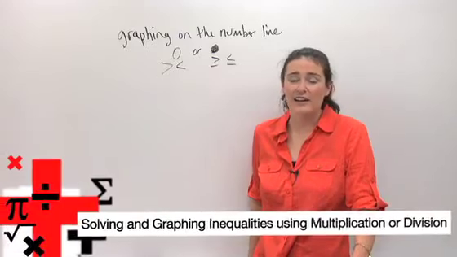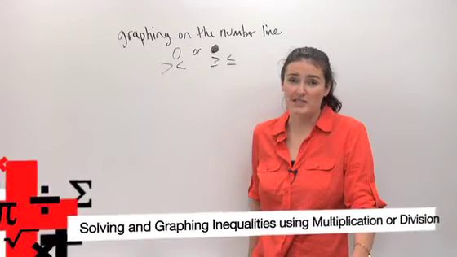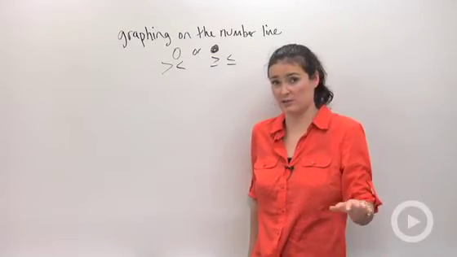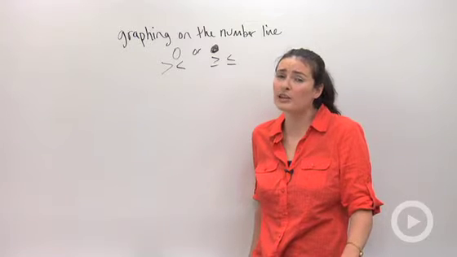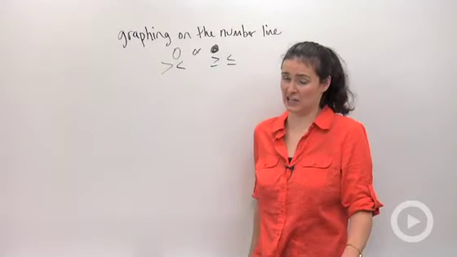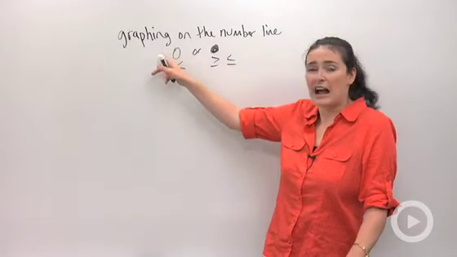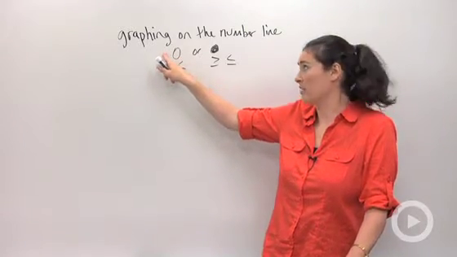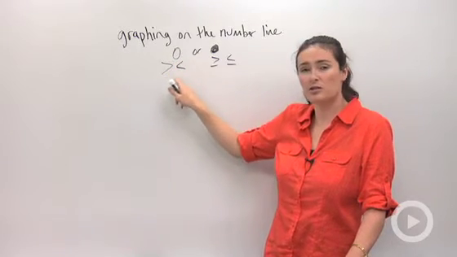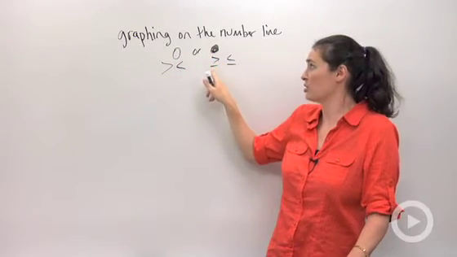When you're solving inequalities, it's usually like how you would solve an equation when you have an equal sign. However, there's one really important difference, and I want to get into that in just a second. First thing, I want you guys to remember when you're asked to graph an inequality on the number line, you're going to be using an open circle for one of these symbols or a closed circle for one of these